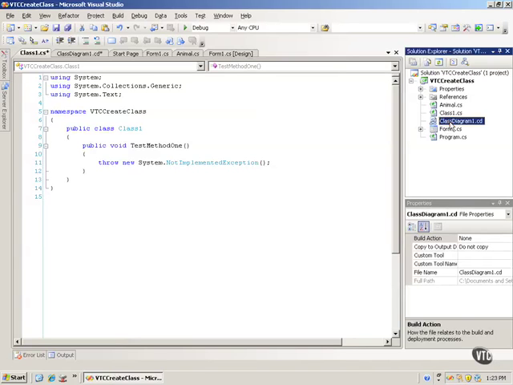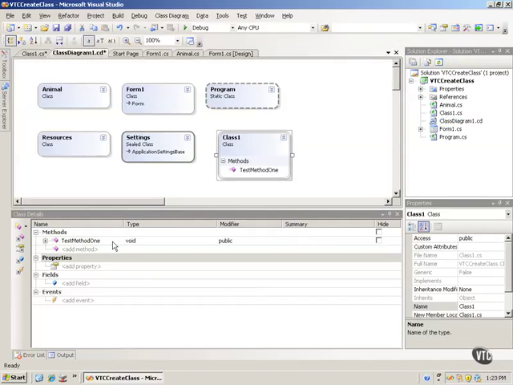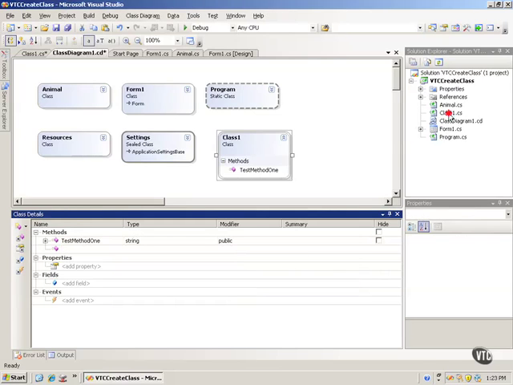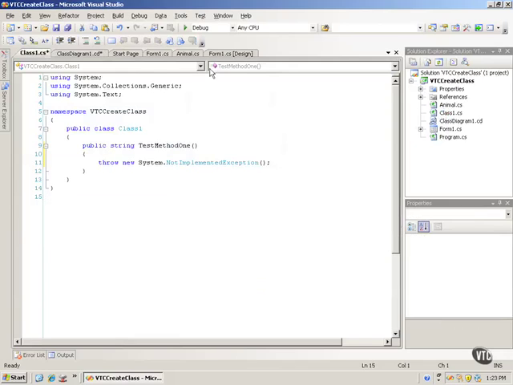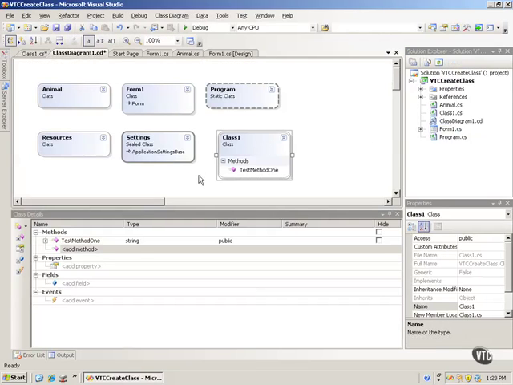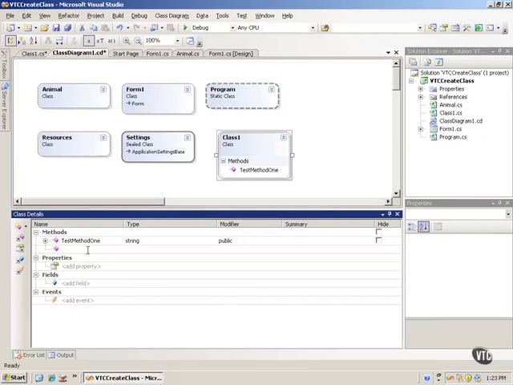So I will go back into my class diagram, and I will come to TestMethod1, and I'll say, you know what, let's return a string. And you'll notice if I go back into the class, it has made that change. So it's actually writing this code for me. It takes care of things like not fat fingering and getting all my squigglies and all that stuff. I'll add another method,